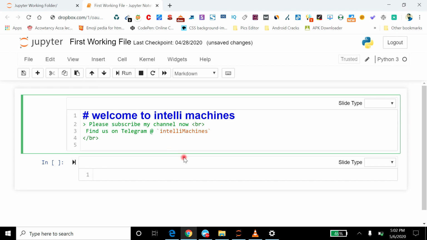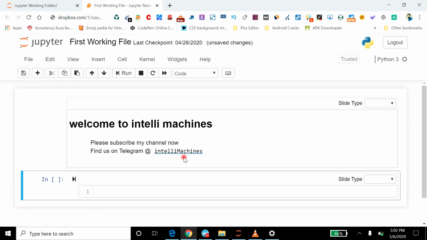To convert it into a hyperlink, I will insert brackets in front of my text and at the end of my text, and after it I will use this bracket and the URL of my website, in this case my Facebook page. And here if I click on this IntelliMachines, then you can see it has redirected me to my Facebook page.